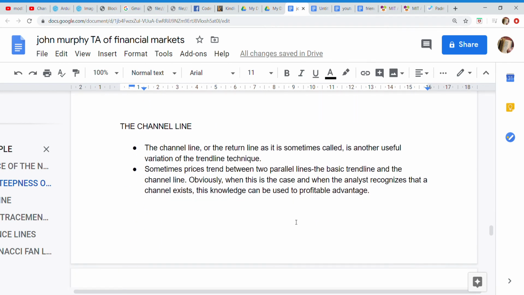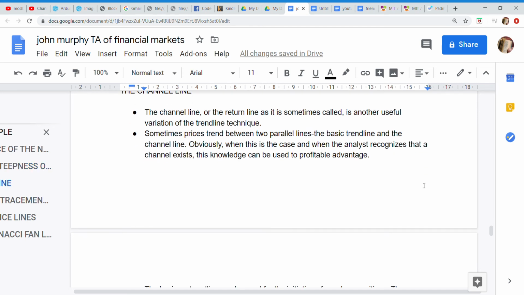The channel line, or the return line as it's sometimes called, is another useful variation of the trend line technique. Sometimes prices trend between two parallel lines, the basic trend line and the channel line. Obviously, when this is the case and the analyst recognizes that a channel exists, this knowledge can be used to profitable